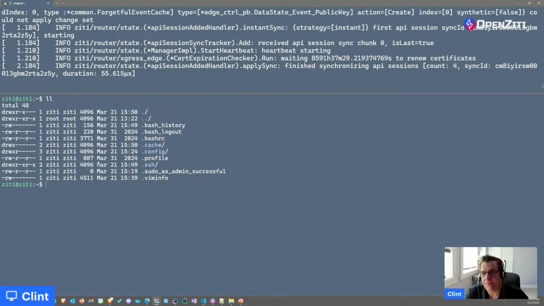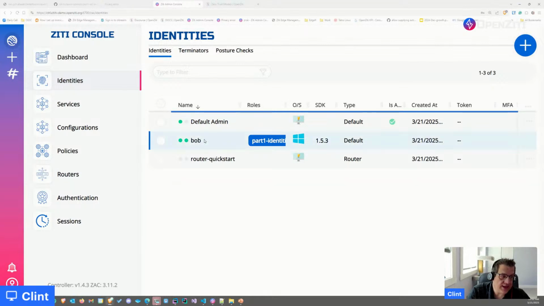the first service. We installed the ZAC. We saw that sort of stuff. And yeah, I think that's a pretty solid Ziti TV. Hopefully that gives you an idea. Well, I'm going to build on this. So future Ziti TVs, part 2, part 3, I'll take this exact environment and we'll just keep marching it